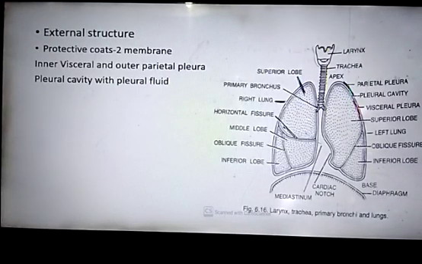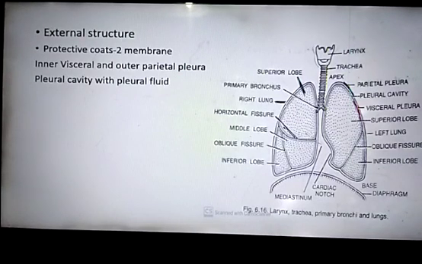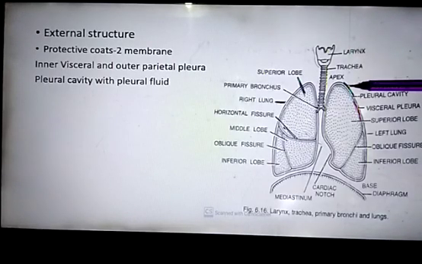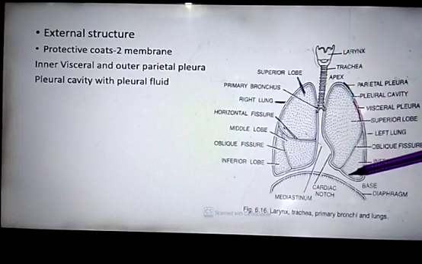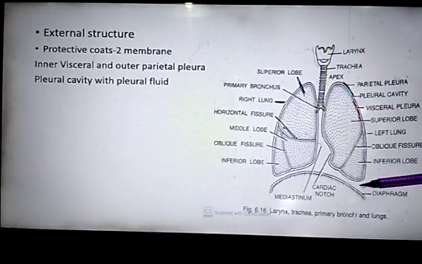Next, the external structure of the lung. All of you know, and you have studied in your lower classes also, that lungs are soft, spongy, elastic organs with a smooth shining surface. They are pinkish at birth but gradually turn grey and black with age due to environmental pollutants, particularly cigarette smoke. They are conical in shape. You can see the lungs are conical in shape. Each lung has a narrow apex at the upper end and a broad concave base. This is known as the base on the lower side.